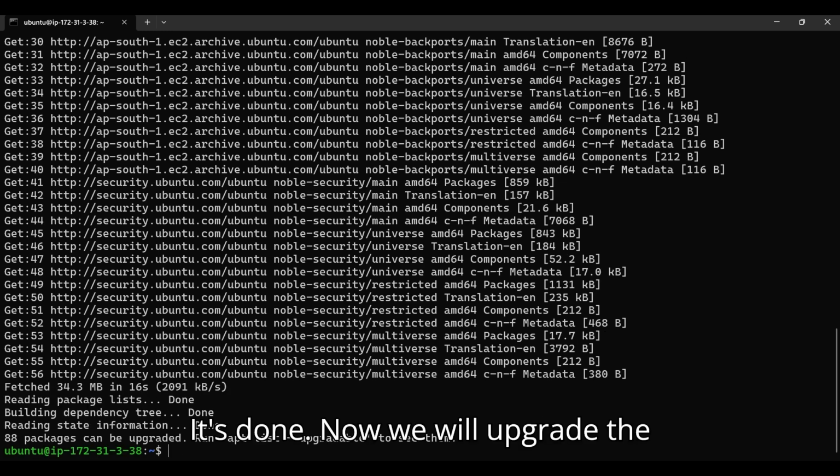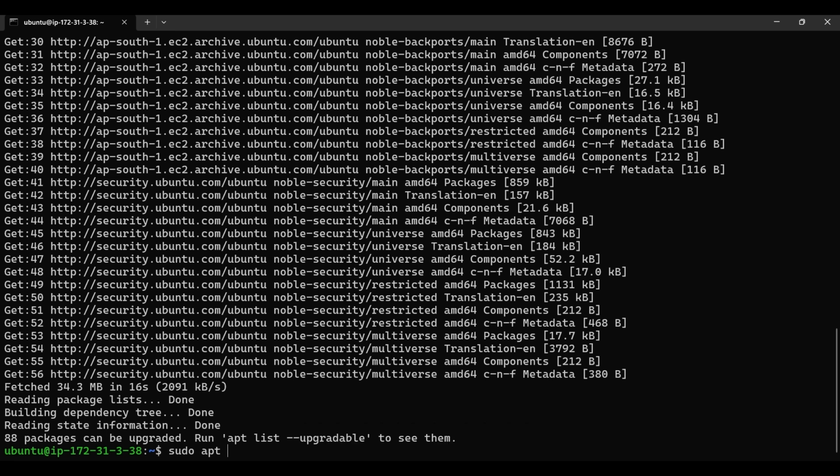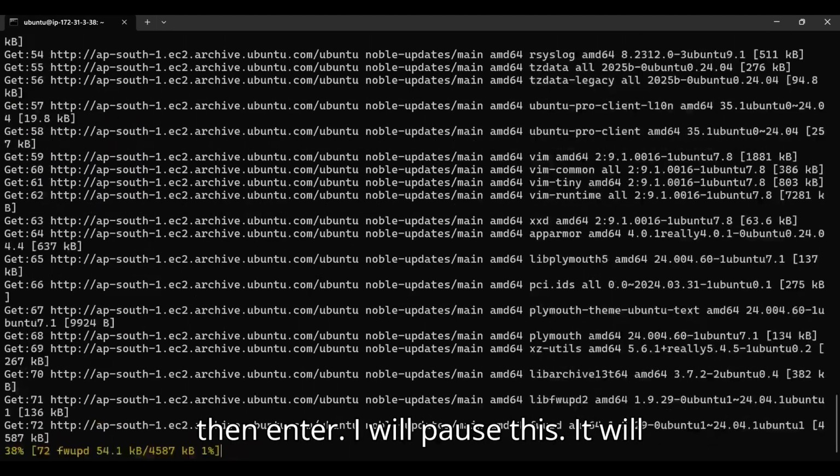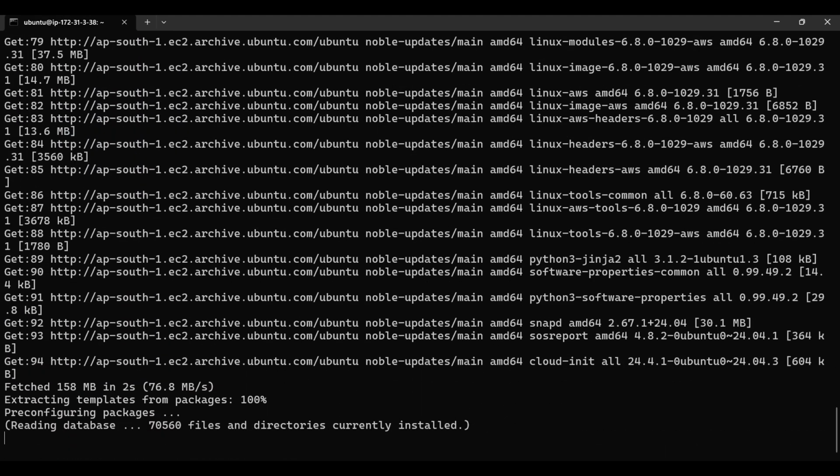It's done. Now we will upgrade the packages. sudo apt upgrade -y, then enter. I will pause this. It will take a couple of minutes.